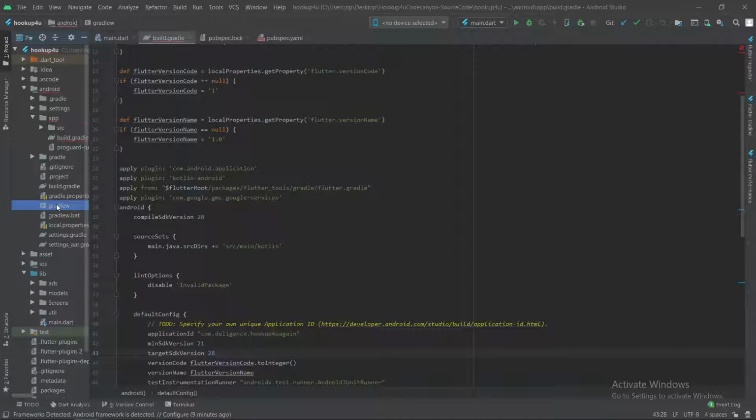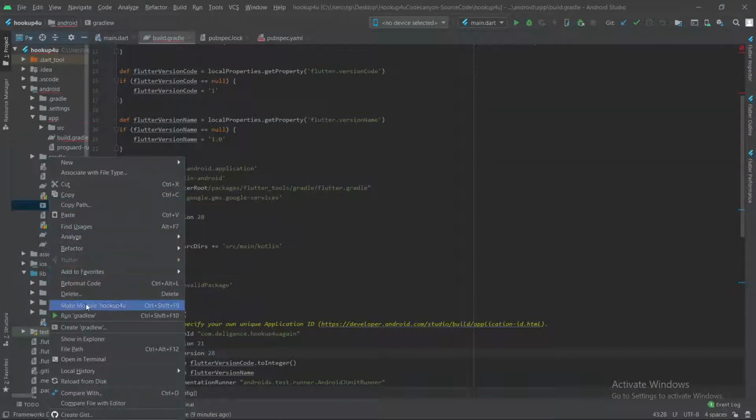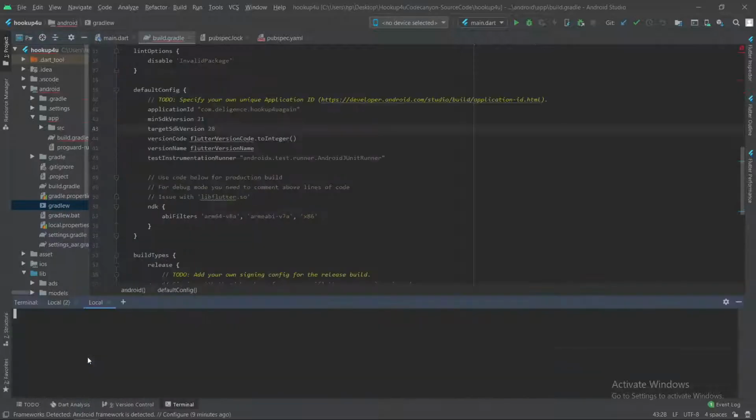Here it is. Right click on the gradlew file, then tap open in terminal.